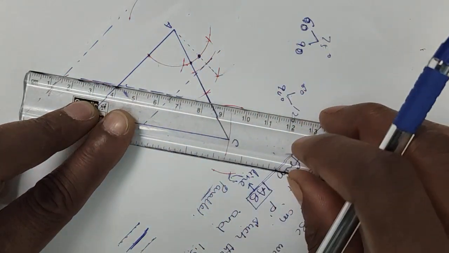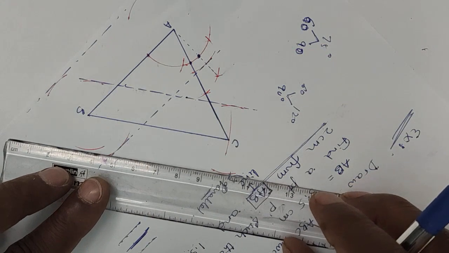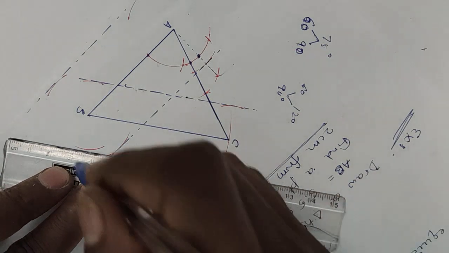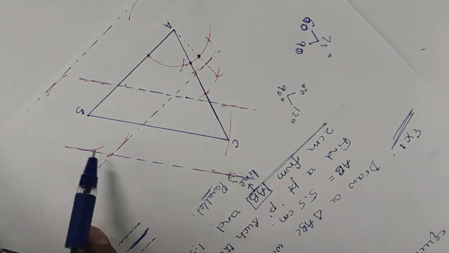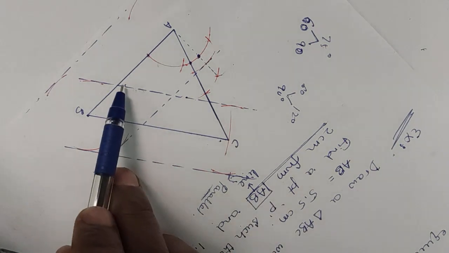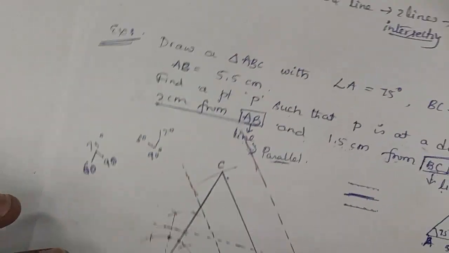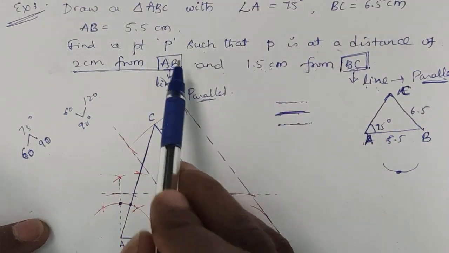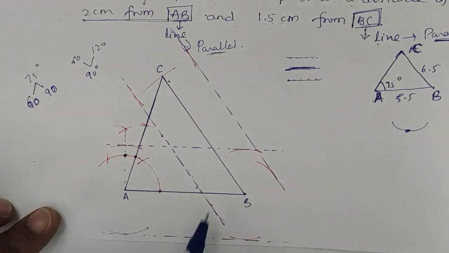I told you already, the locus should always be in dotted line. Whether it is a parallel, circle, perpendicular bisector or angle bisector, it should be dotted. Now look at BC. BC is horizontal, and its parallel is also horizontal. Always parallel, above one, below one. So by this, we constructed two pairs of parallels: for AB parallels like this, next for BC parallels like this.